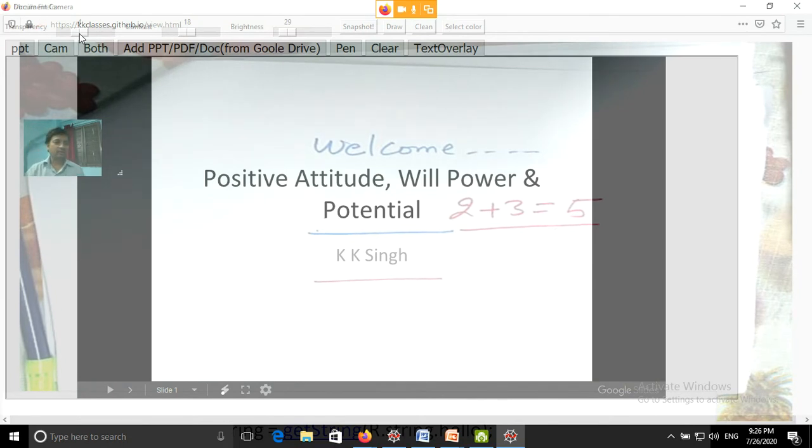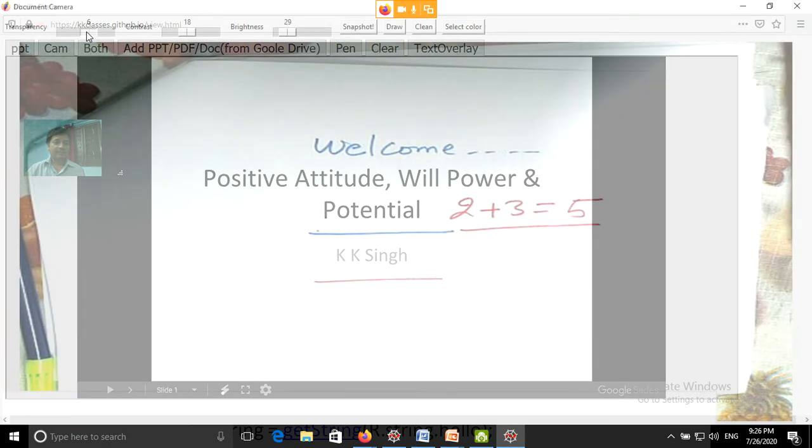From here you can adjust the transparency, also you can adjust the contrast or brightness. Apart from that, you can draw something over here itself.